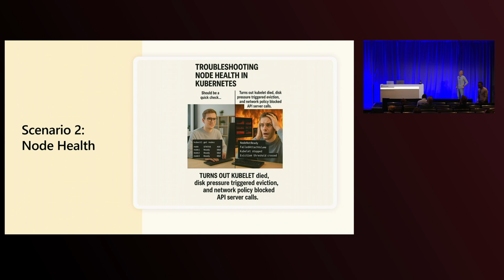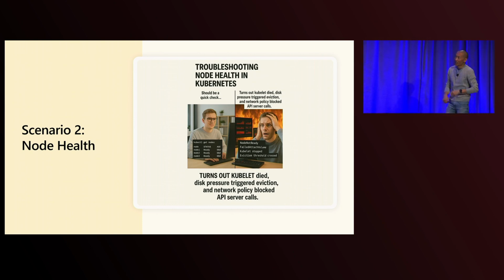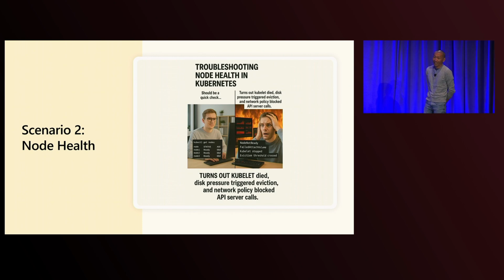All right. If you've ever spent several hours debugging your application only to find out that the node was not ready, I will show you how I debug these kinds of node health issues. So next time you can be more like the guy on the left, cool, calm, and relaxed.